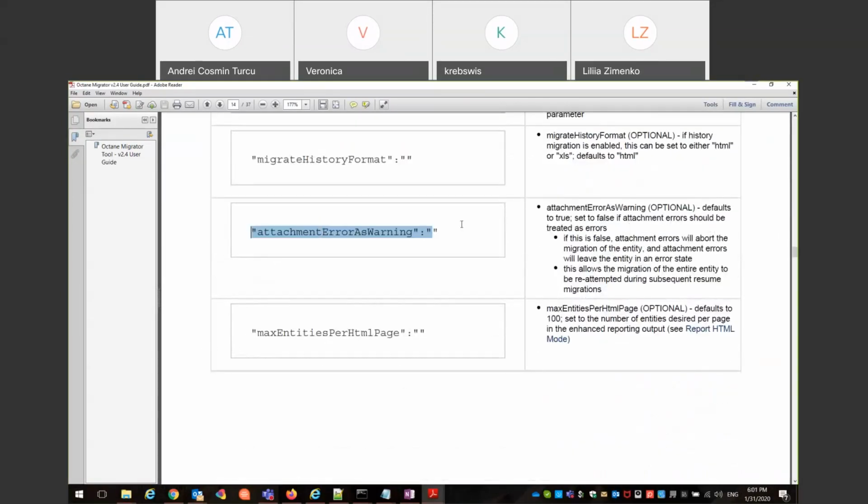If you set this parameter to false, the attachment errors or warnings will be treated as errors. And if this is false, the entire entity will fail. So after you fix, for example, the attachment error